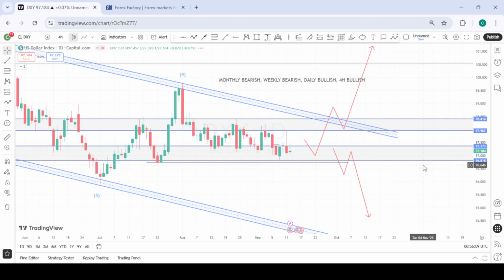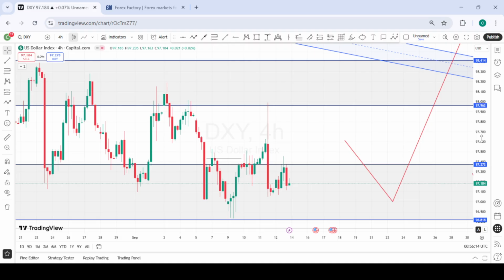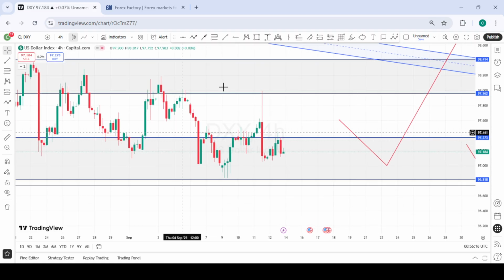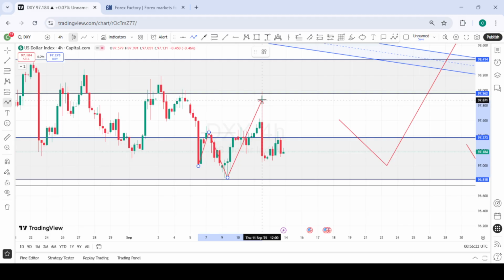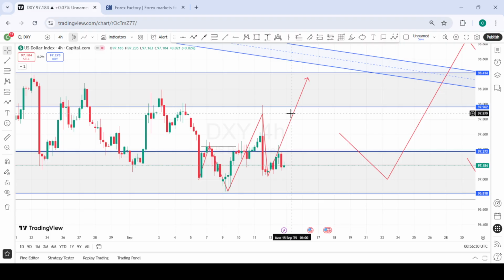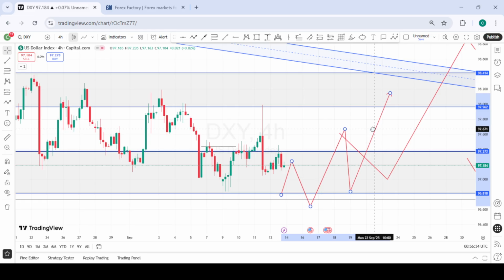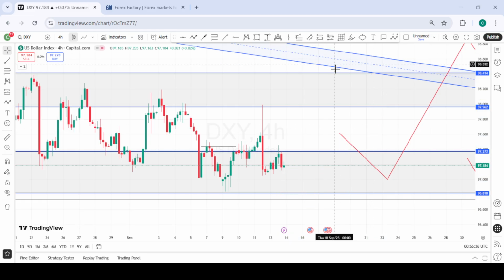So when we go down to the 4-hour time frame, you can see here that within this area of interest, price has given us a 4-hour shift. So price has shifted bullish here, giving us a pullback, and we're expecting price to continue to the upside, forming something like an inverse head and shoulder. It looks like an inverse head and shoulder, which is giving an indication that DXY might go bullish for the